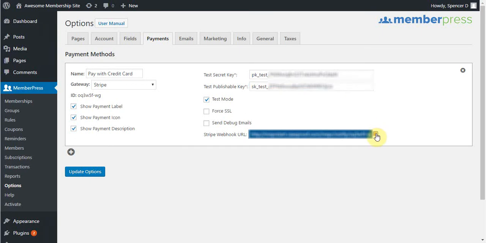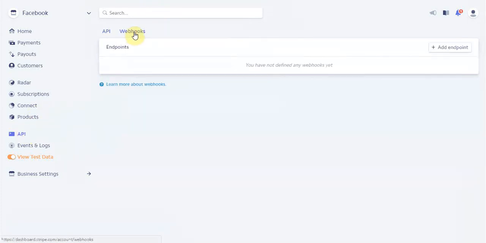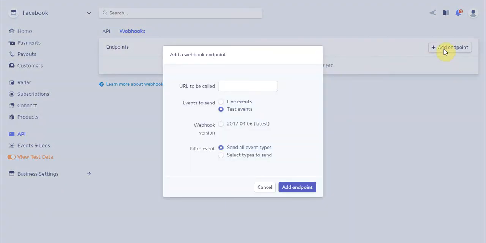That'll copy it over. Then, returning back to my Stripe dashboard, in the API section, you're going to click webhooks here and then click add endpoint. Now simply paste in that webhook URL that you copied earlier, again making sure that there's no spaces after the